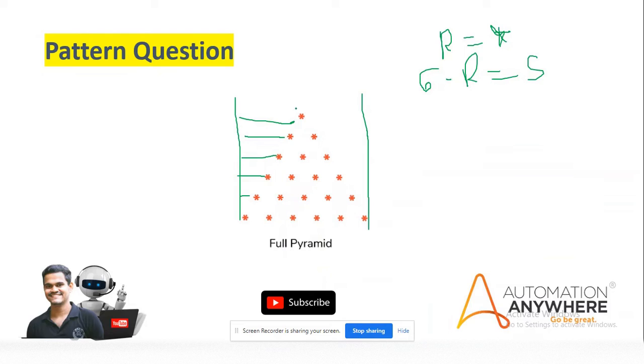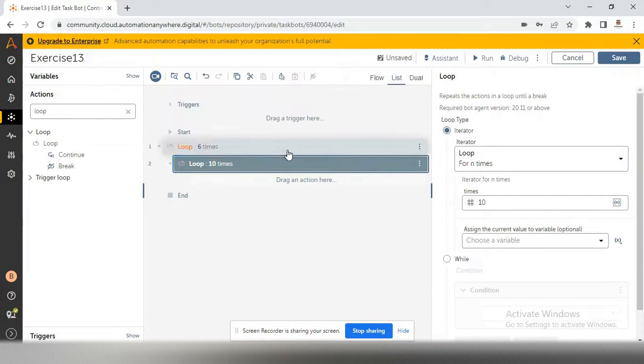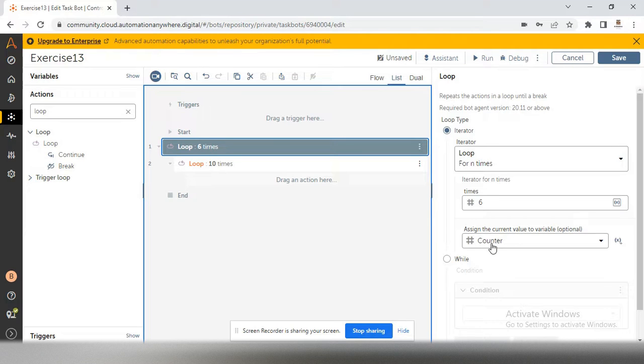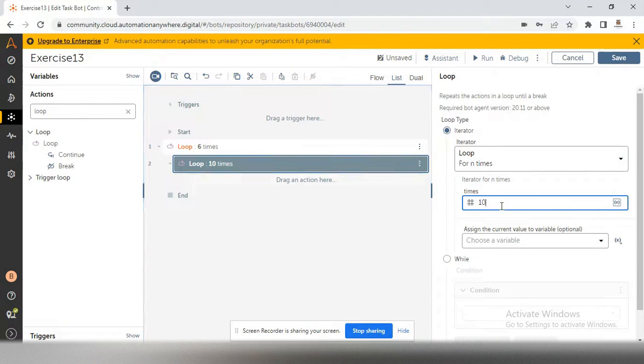Example, here I have a pattern. So number of row equals 1, right? This is the first row. And how many stars do I have to print? 1. 2 means 2 stars. So that's why the counter value I have, that one I have to